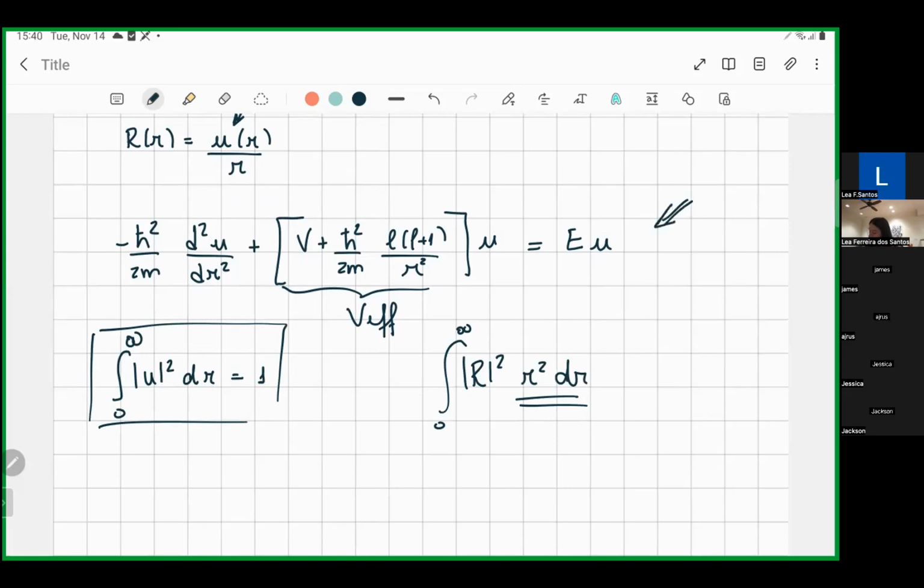Now, to solve this equation, we really need the potential now. And we said, well,